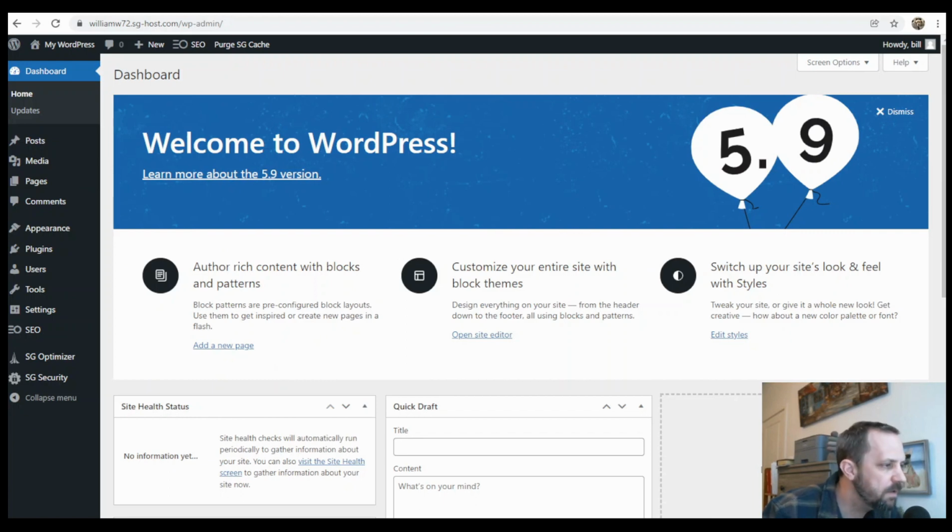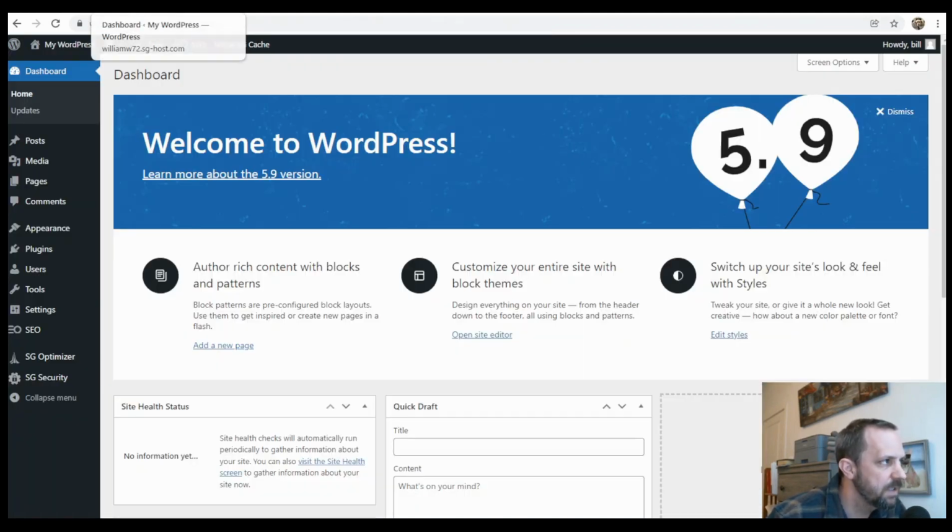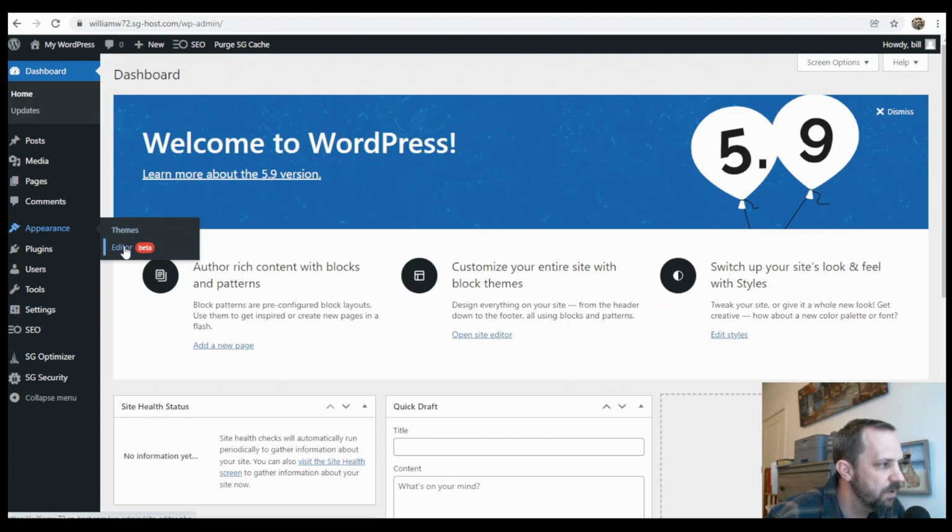All right, now we're on the final step of the tutorial, and that is to customize the site with our full site editor. It's a little different than some of the other tutorials because we're now dealing with just Gutenberg, and the way that you access all of the elements of your site is a little different. So under Appearance, if you go to Editor,